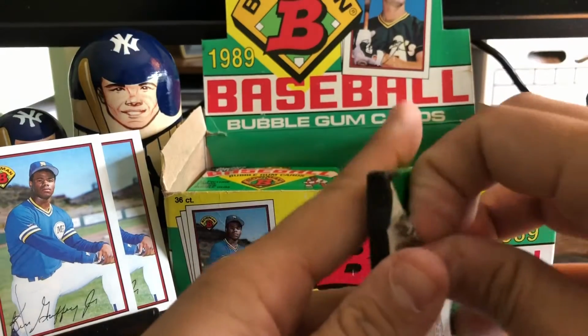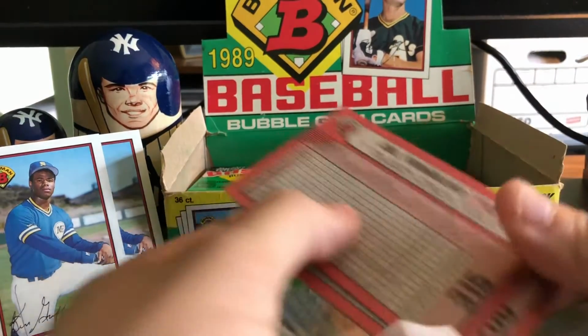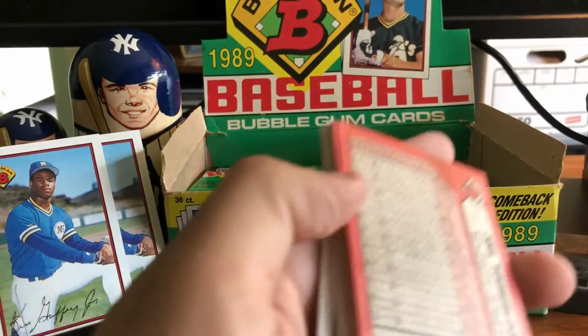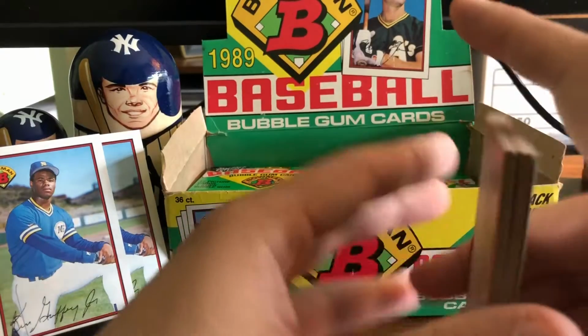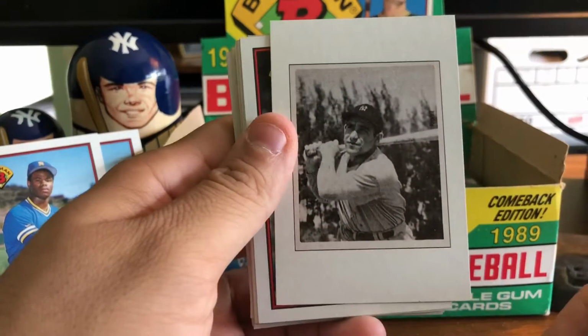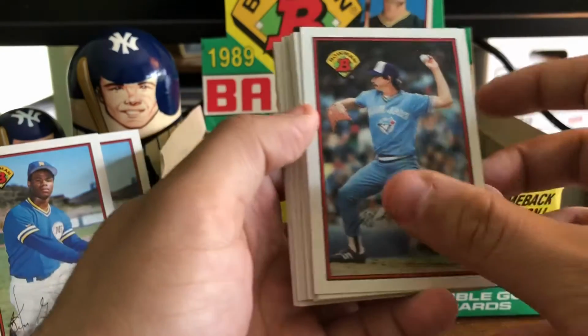The second Ken Griffey Jr. rookie card. Back-to-back pack. Let's see if we can find ourselves a third one. We got quite a few packs left to go. Hopefully the collation will work in our favor yet again. But that's a massive hit right there. Just to get one in the box is not guaranteed, but to find two and in back-to-back packs no less,